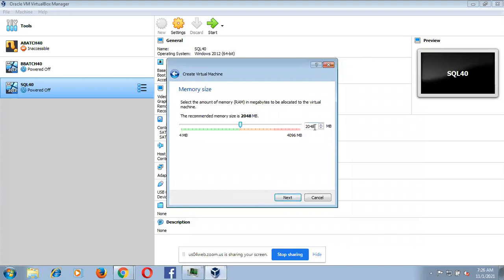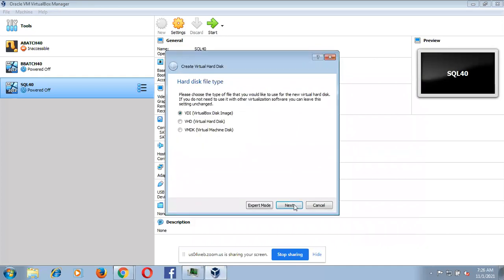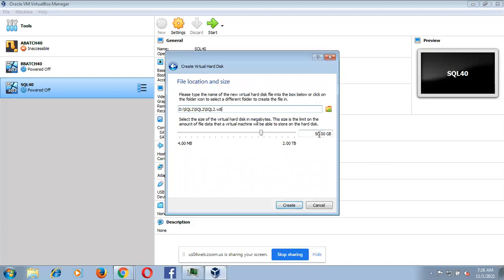Give 1 GB. Next. Next. Create. Next. Next. Wait, 25 GB. Okay, create.